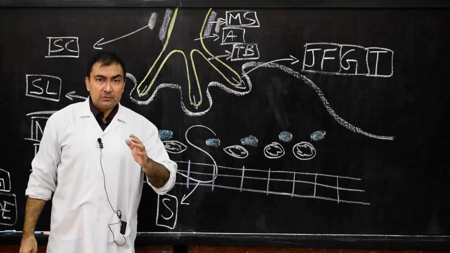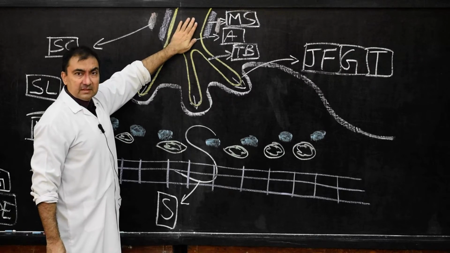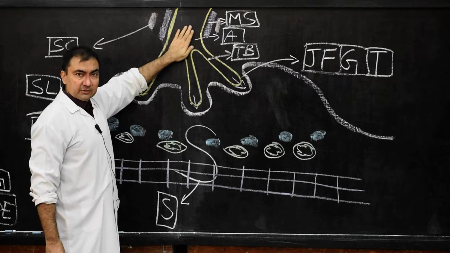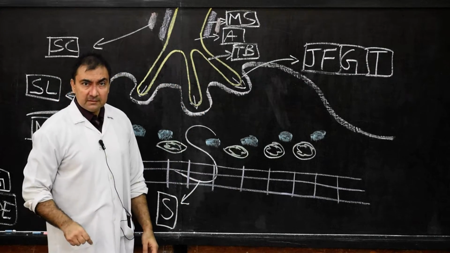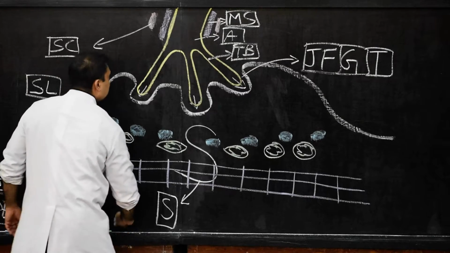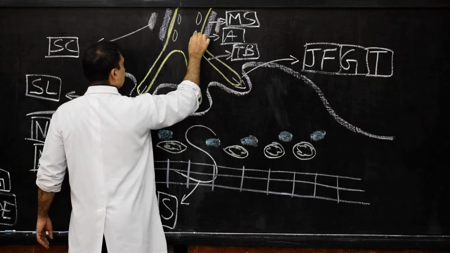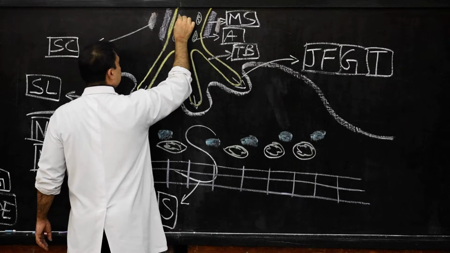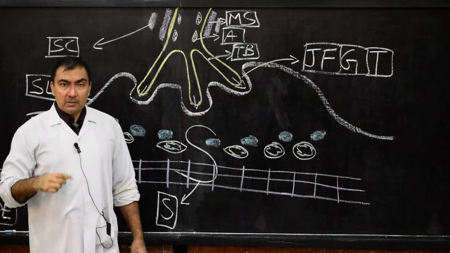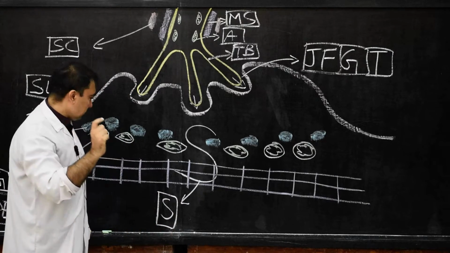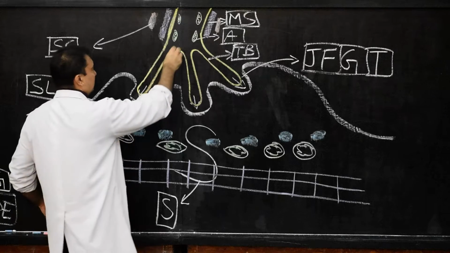Now, here we have to note down one structure, the axoplasm. Now here, this is the axoplasm within the axon. This axoplasm will contain lots of mitochondria, and if I show here a few mitochondria, these are the mitochondria, and along with that there will be presynaptic electron lucid vesicles. Please note down, it will contain lots of presynaptic electron lucid vesicles.